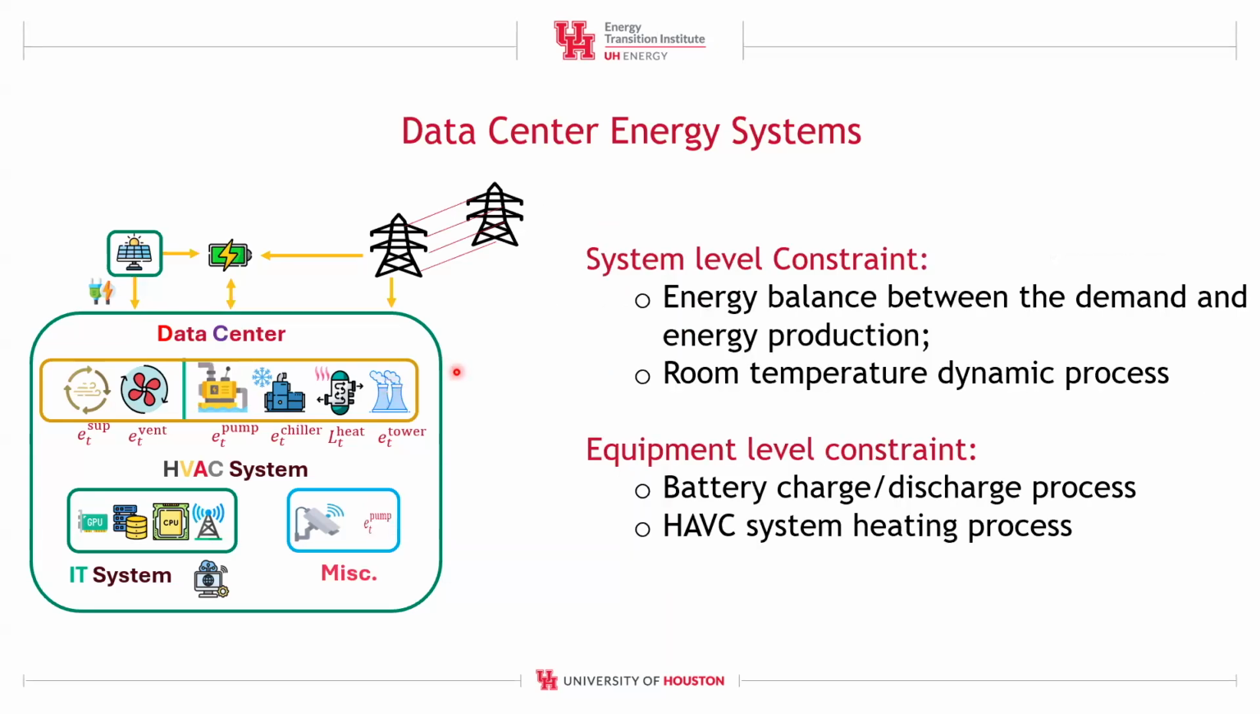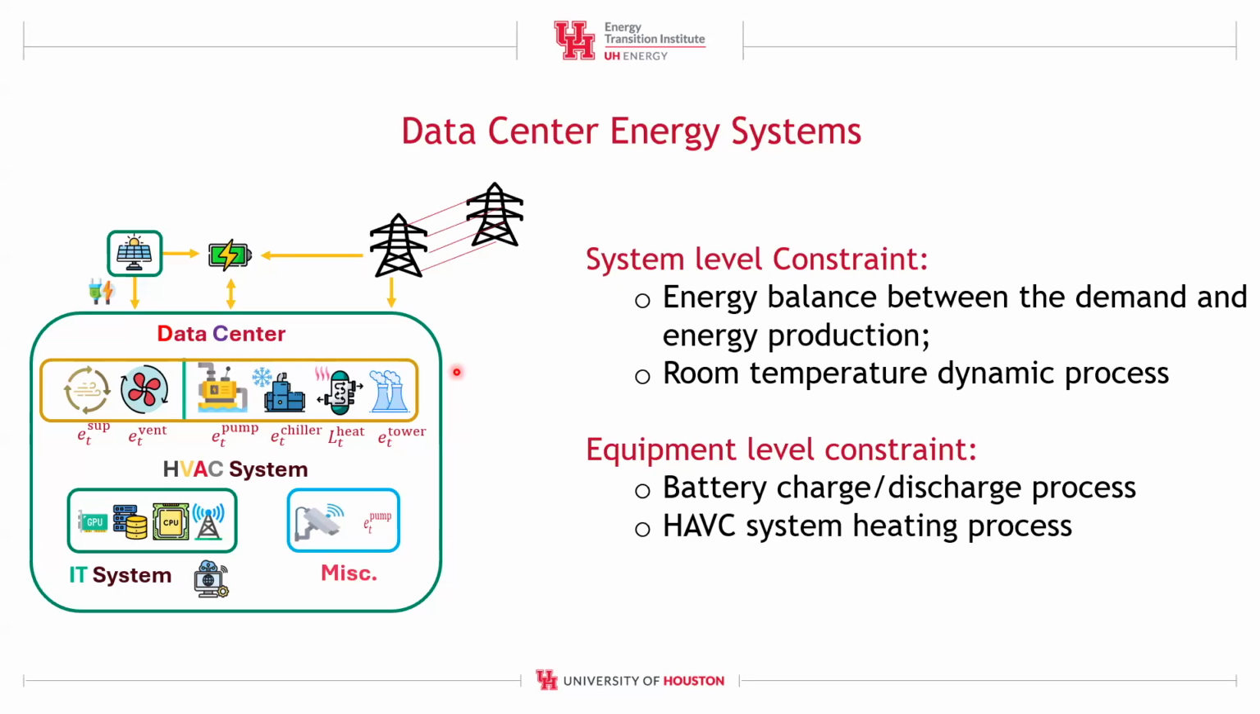And for optimization, we also look at the constraints. For the constraints, we have system level constraints like the energy balance. We want to balance the demand and the energy production. And we also need to control the room temperature, which is a dynamic process, but we use linear algebra to approximate this dynamic process,